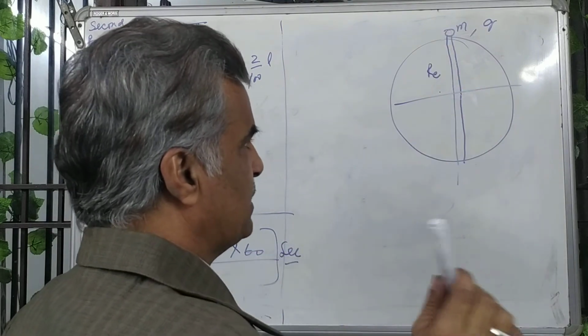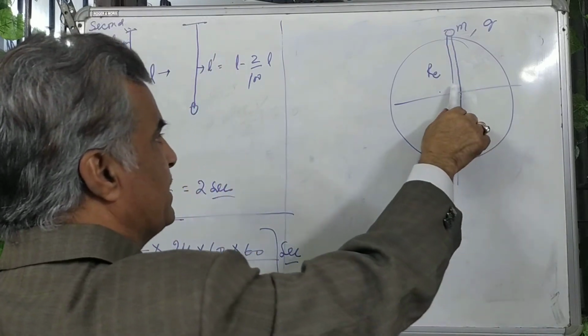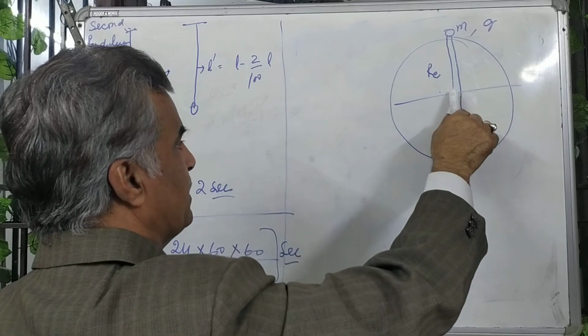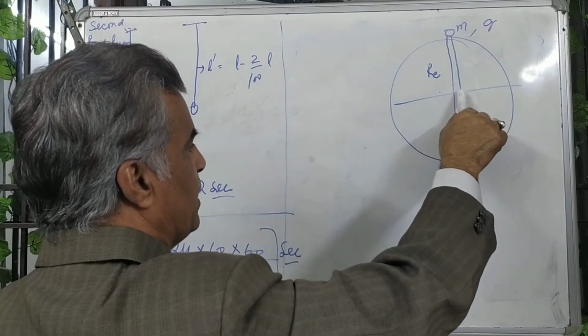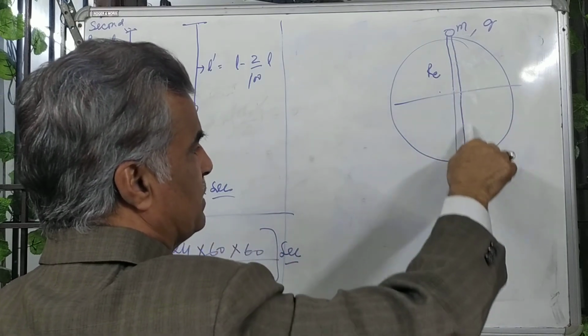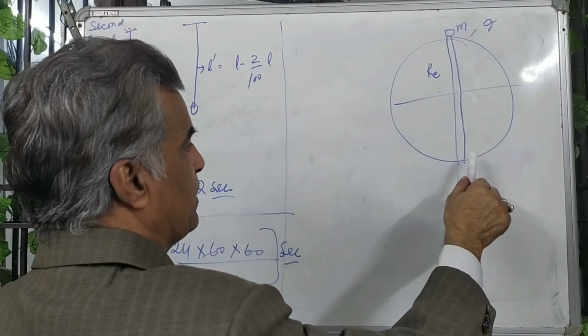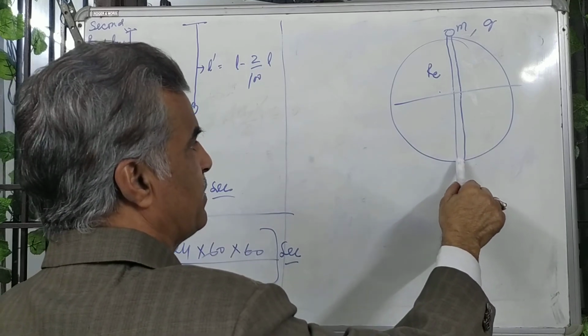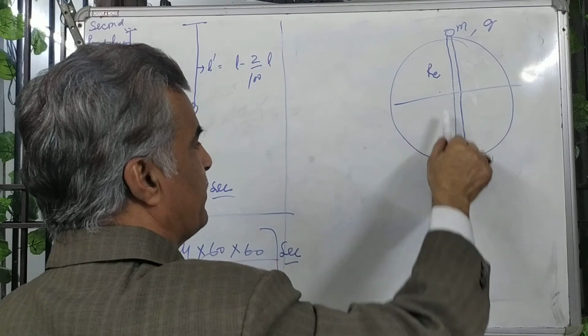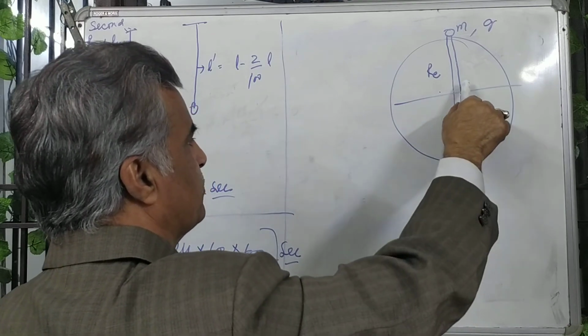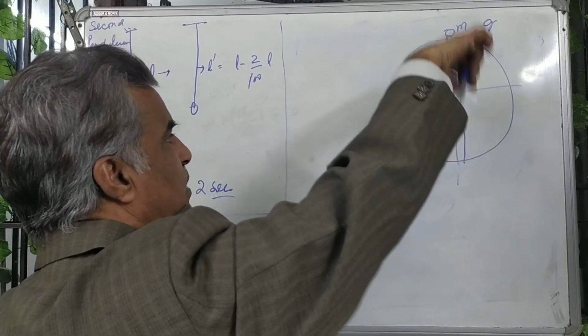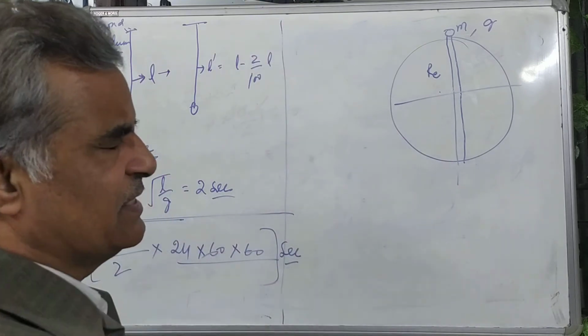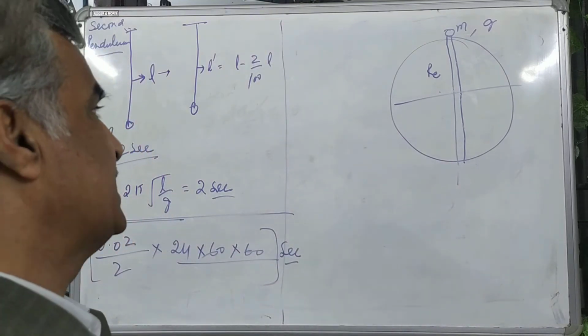But velocity will be maximum, according to the law of inertia and conservation of energy. It will reach over here, and over here it will stop. Again the restoring force, that is the gravitational force, will act towards the center of the earth. In this way it will oscillate, meaning SHM is taking place.